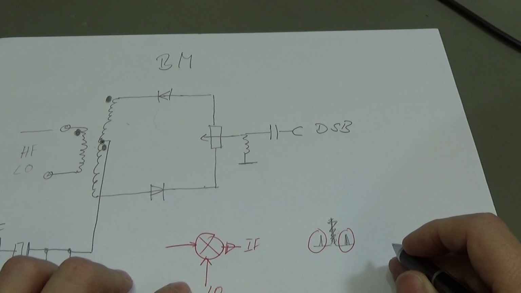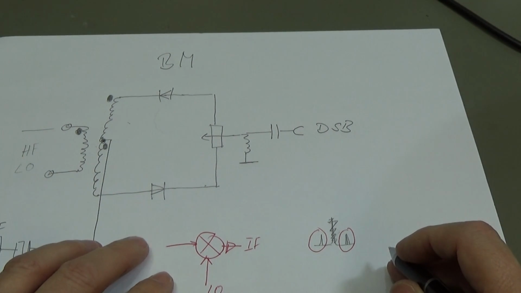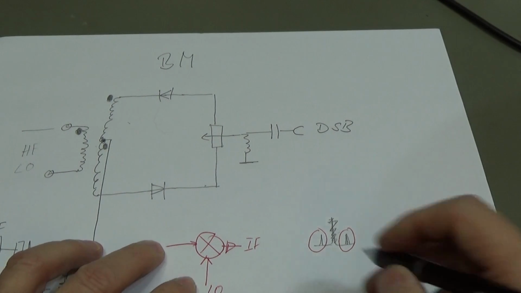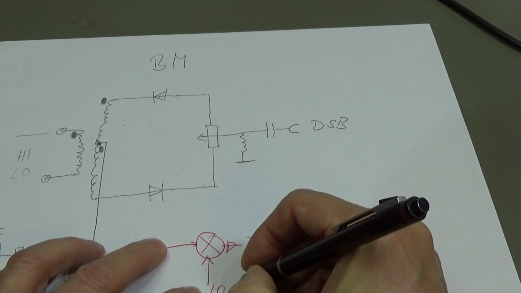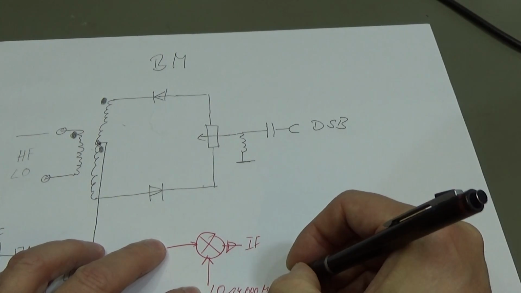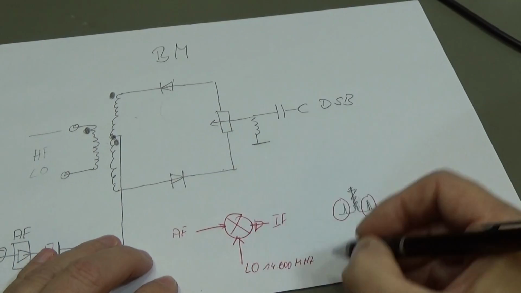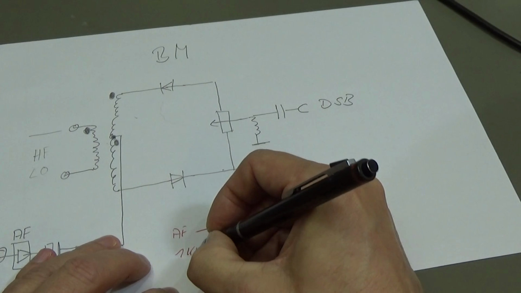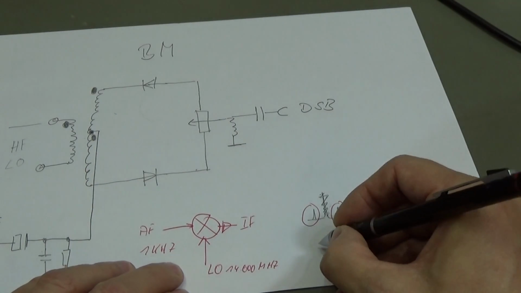And that is exactly what I have told you before. So let us assume that we have a local oscillator of 14 megahertz, and in our case our audio frequency will be 1 kilohertz. So that means we expect